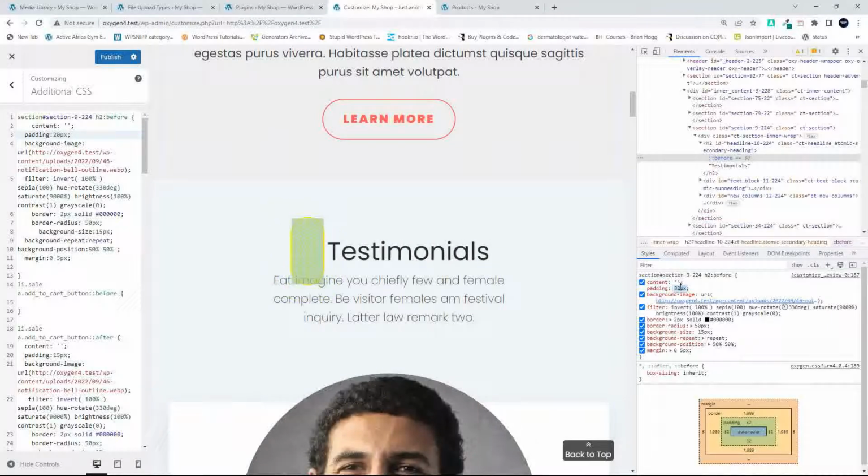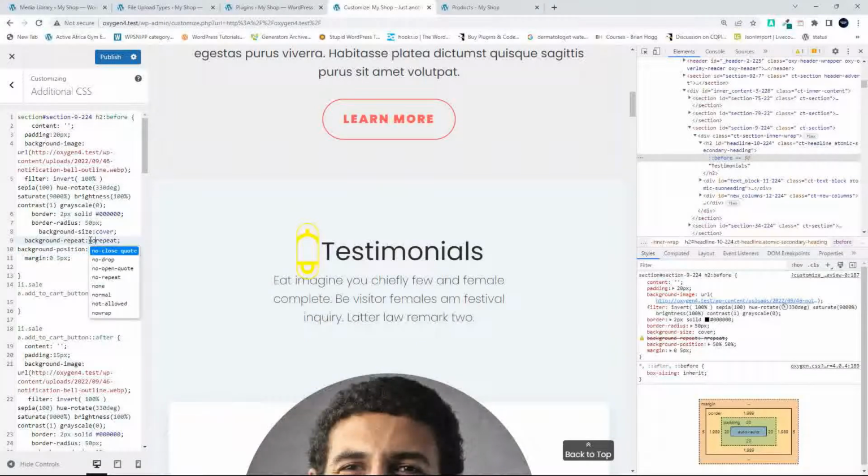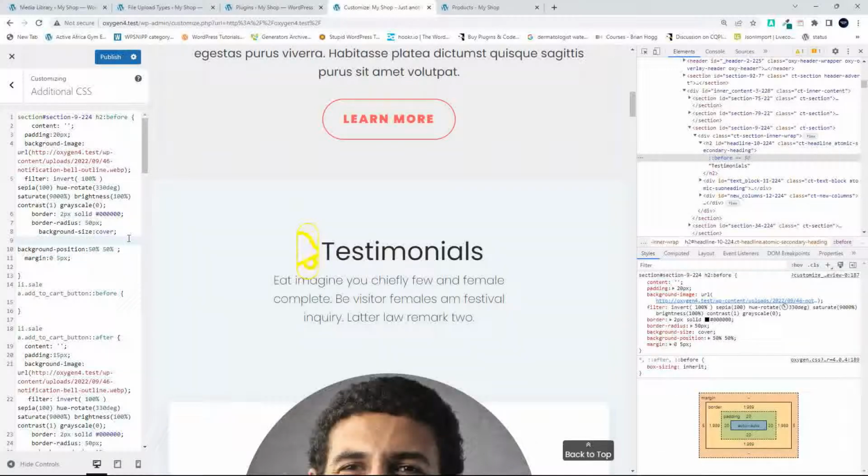And in this case, what I'm going to do is the background size, I'll just stipulate cover, and then we'll stipulate no repeat, but technically then it'll cover and there'll be no repeat. So there we have the bell ringing there, and to change the color then,